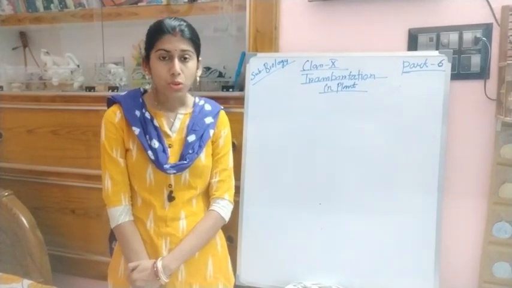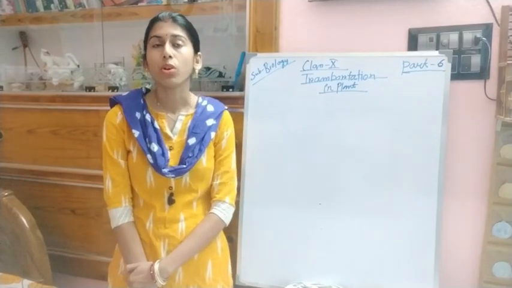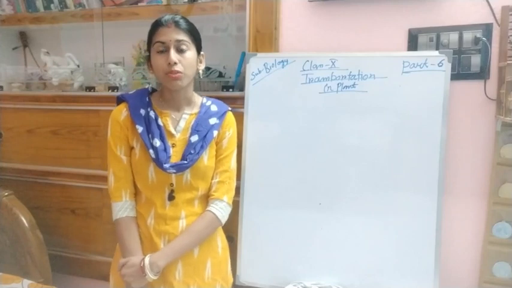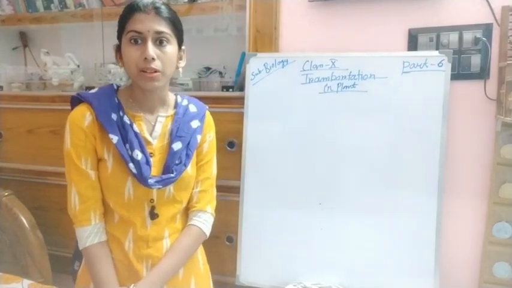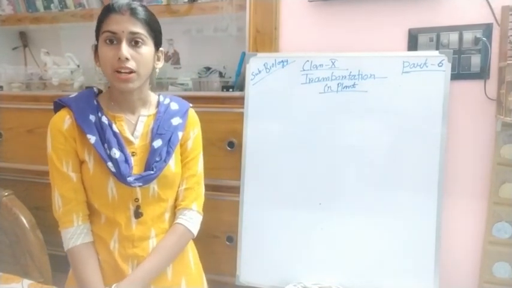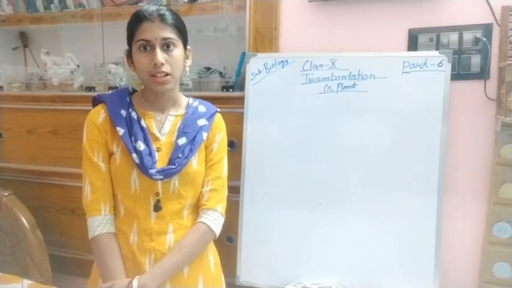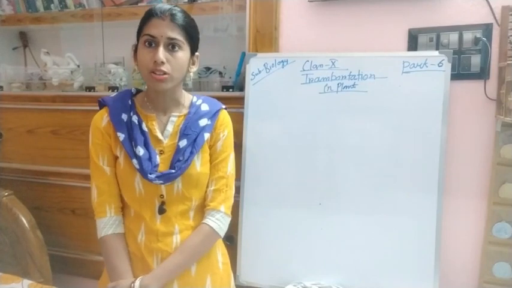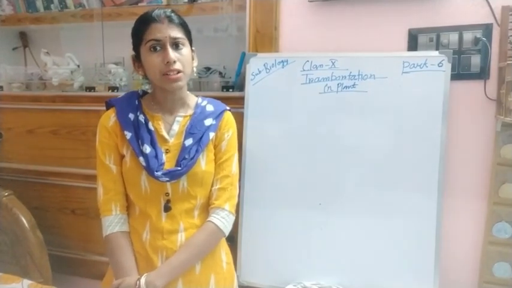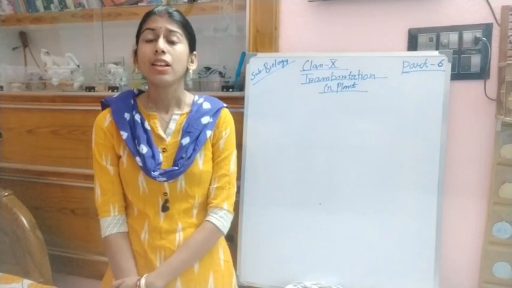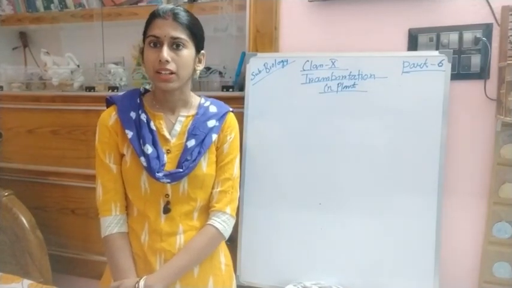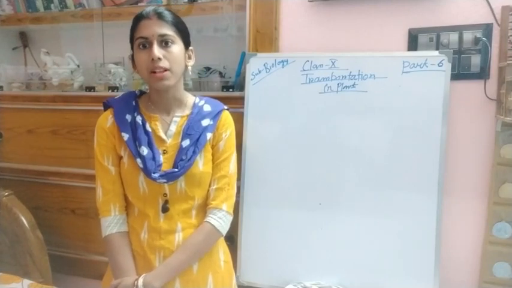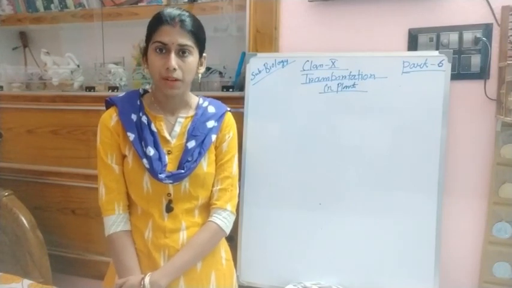As I have told you, in the human body or in other animals, some materials can be transported from the region of their availability to the region where it is not present or where it is less in amount. Like that, in plants also some materials can be transported. So what are the different materials that can be transported in plants? It is water, minerals, food, hormones. These are some examples which can be transported in plants.